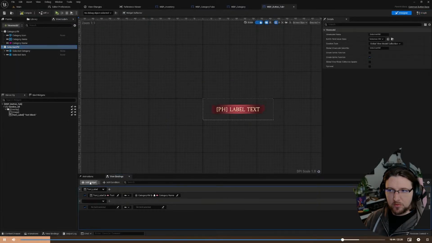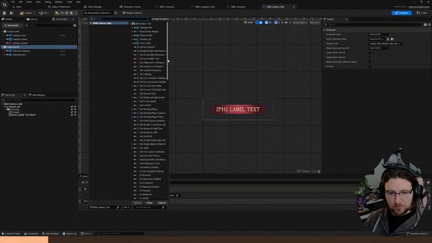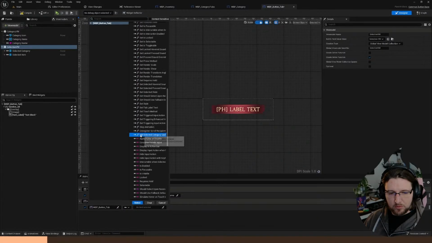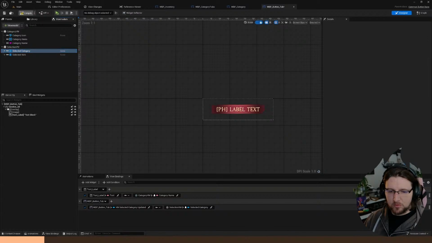We have our selection view model. We want to call that function. So we will use the root widget. That's where all the functions are. And as I mentioned, this is alphabetical order. So I go to the V for the functions and I find selected category updated. And I'm passing the selected category. So as you can see, this button is reacting to a category being updated, and it is also updating a